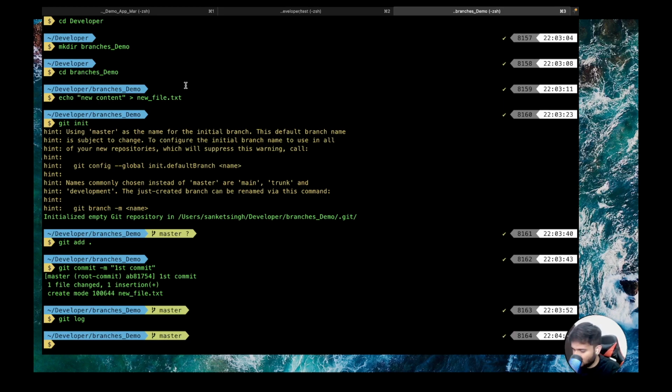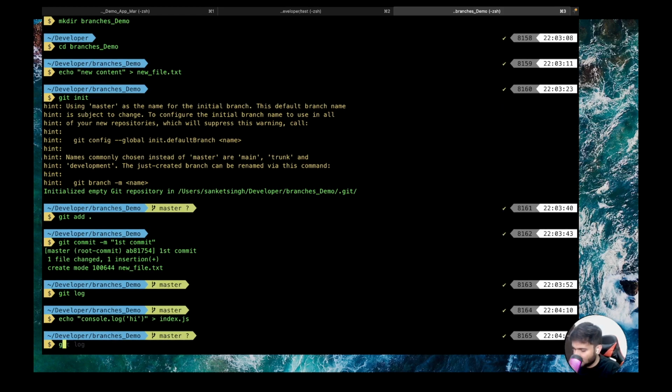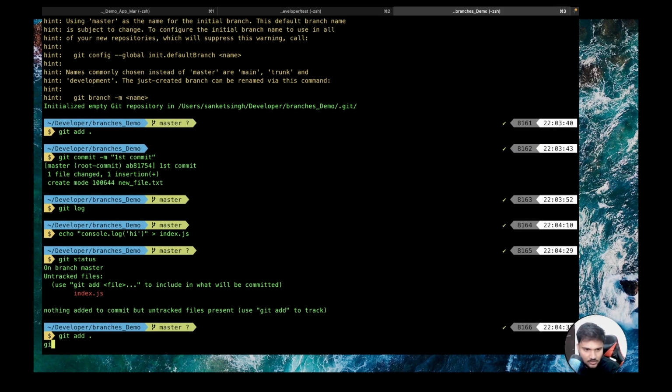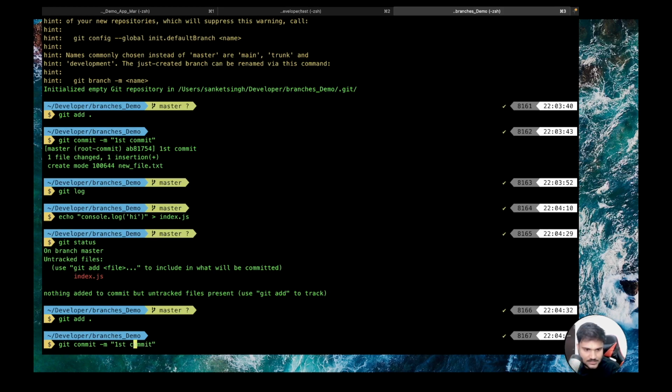So let's create a new file. Okay. Let's do git status, git add all, second commit.